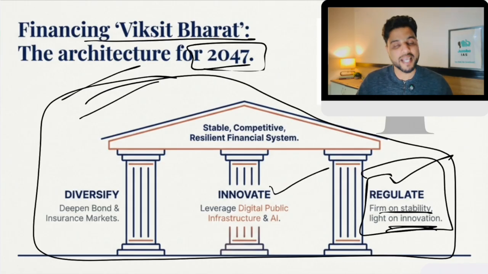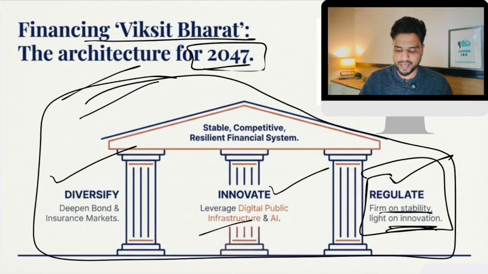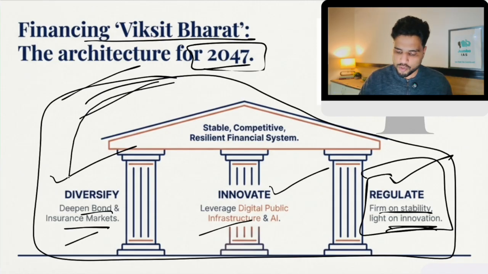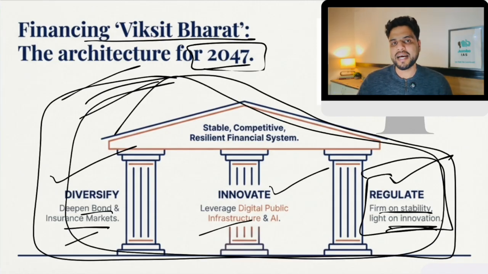Innovation: we are going to use AI for the financial sector, for the insurance sector, for the banking sector. This would improve efficiency and diversify. Deepen bond and insurance markets. And when we say deepen, it means multiple products, multiple types of insurance, multiple types of companies, more insurance products, all of that. So these are the 3 pillars of taking India into the